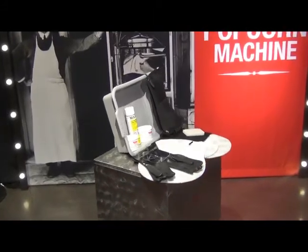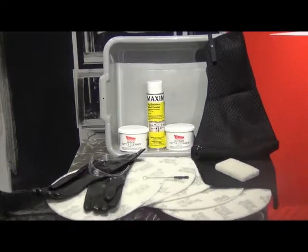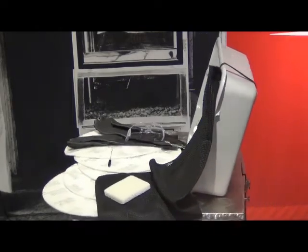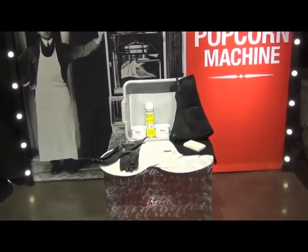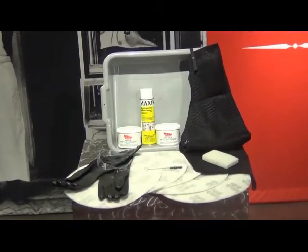The most important way to protect the investment in your Cretors and Company concession equipment is with regular maintenance and cleaning. This cleaning kit from Cretors and Company comes with everything you will need to properly clean your popper. From personal protective equipment including heat and chemical resistant gloves, safety glasses, and a cane mesh apron, to Cretors recommended